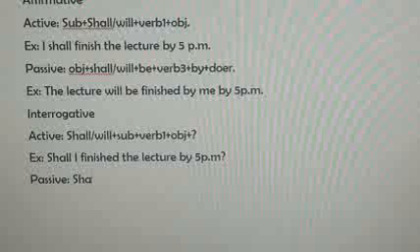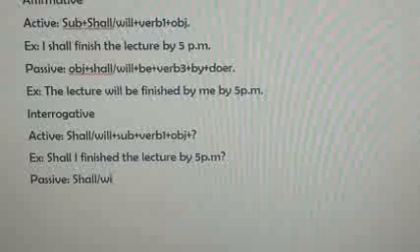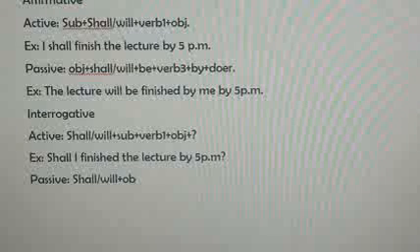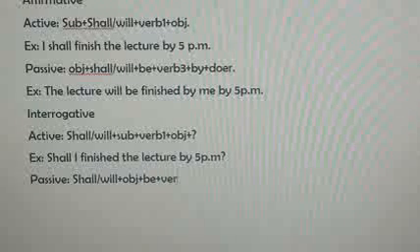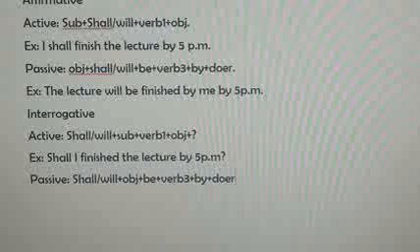Now, my dear children, let me write the structure of passive. Usually, the auxiliary verb will be placed first, shall or will, and after that, the object will take the place. Then I will add be, and as you already know, the third form of verb will be applied here. Then I will add by and place the doer over here, along with the sign of interrogation. Now, let's see the example.